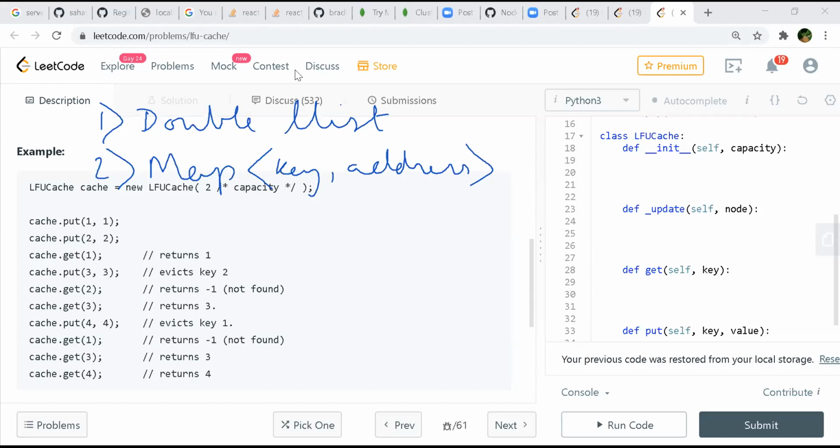For put, what will happen is, the first thing will be that we find a key. So there will be three cases, right? One is if the key is present. If the key is present, we can go look for the address in the same linked list and modify it. Before modifying, we put it in the head and then modify it. But we'll have to remove it from that location and then again change the map value for that address. No, I think the address will remain the same because it's a node, right? So we just insert it.